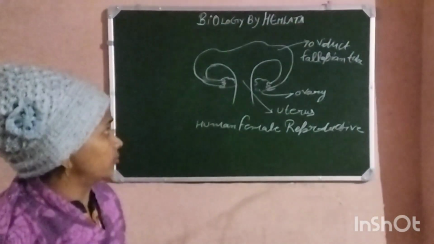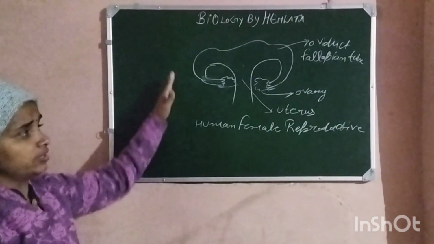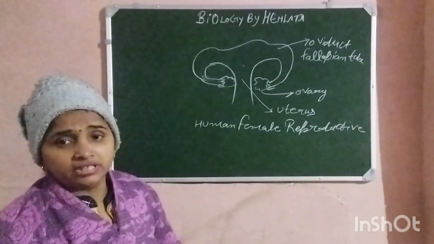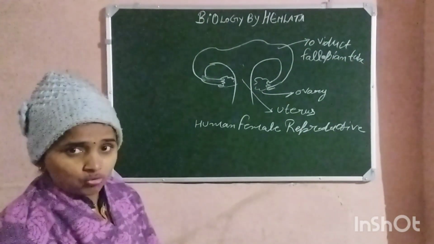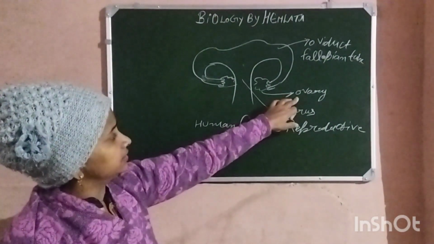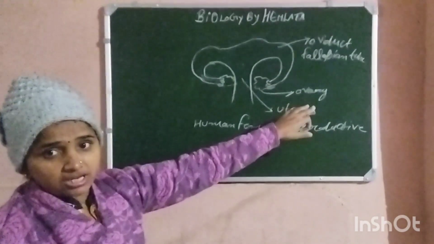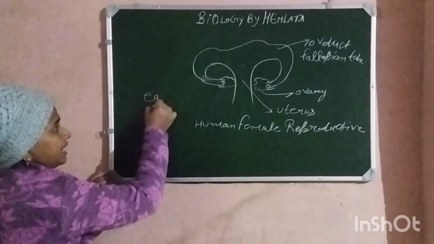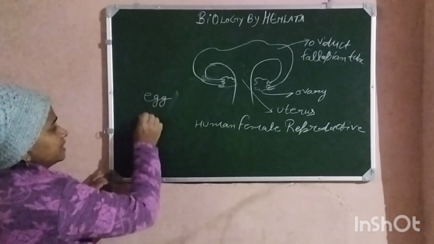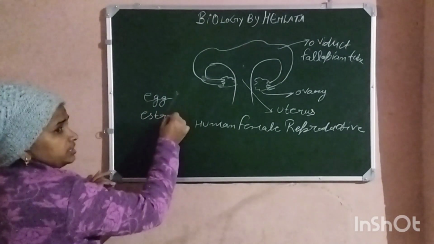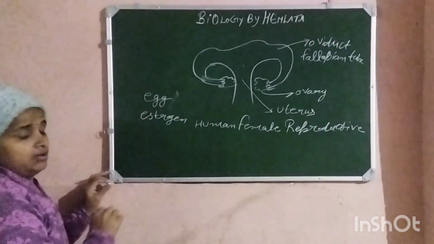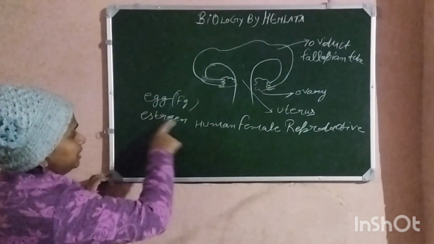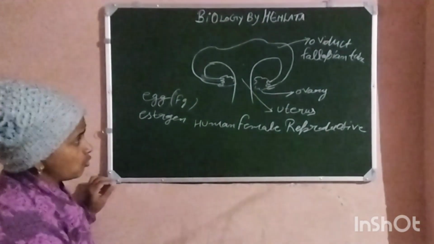How will the question come, or how can we explain this topic? So in the human female we have a pair of ovaries. And what is the function of the ovary? They produce the female gamete, that is ova or egg, and inside this, production of a hormone is also going on, that is known as estrogen or oestrogen. So it will produce egg and estrogen. Estrogen is the hormone name, egg is the female gamete. Female gamete egg. Then estrogen, it is the hormone, and they have a role also.